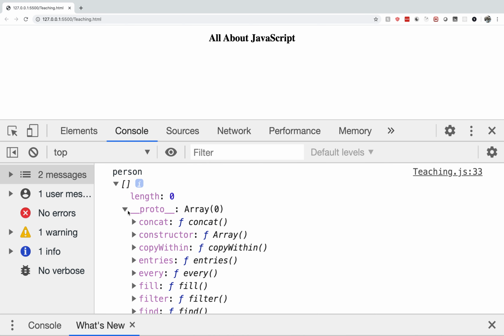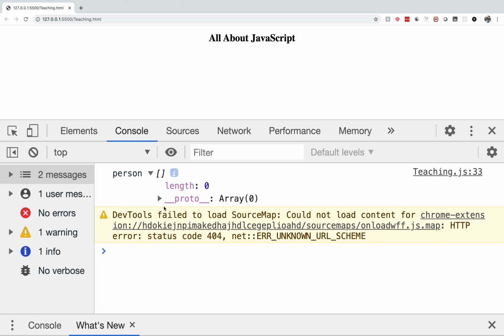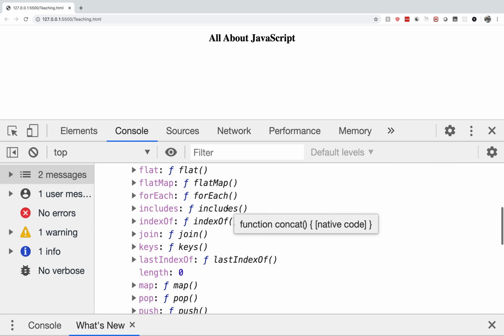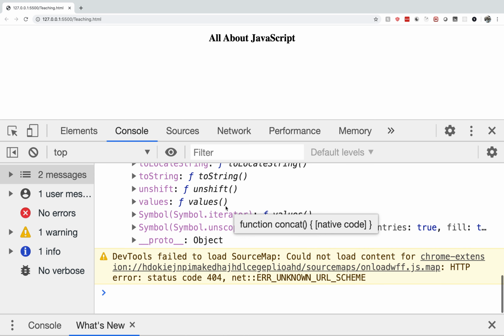But in this type, whatever the inbuilt objects are, like array or date, there will be a secondary prototype. This is the first proto, right? If you go deeper into that, you see a secondary prototype. This is what you call the prototype chain.